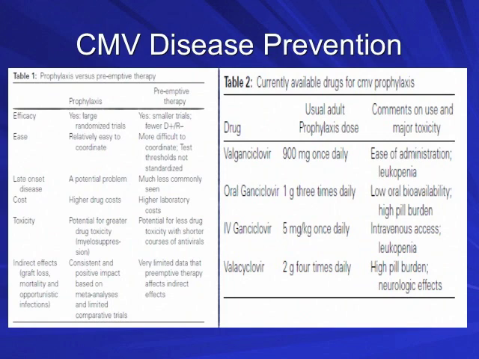And if you give preemptive therapy, you have shorter courses of antivirals and less drug toxicity to patients who may not have developed CMV disease to begin with. Now, in terms of some of the indirect effects of CMV, graft loss, mortality, opportunistic infections, prophylaxis may be more effective than preemptive therapy. So we have valganciclovir, oral ganciclovir, IV ganciclovir, and very high-dose valacyclovir have been used for